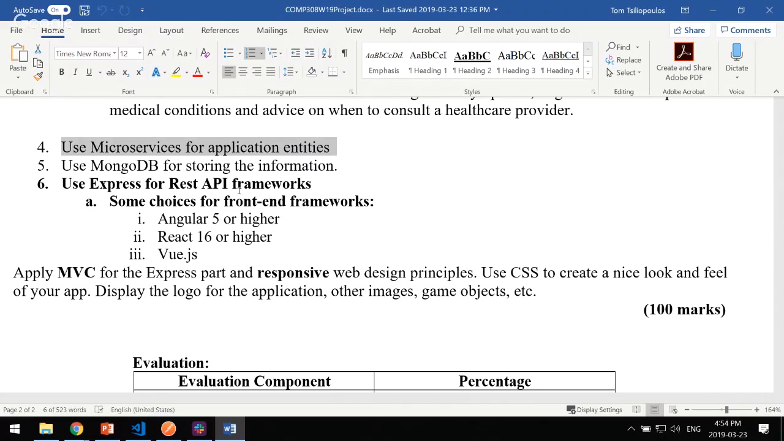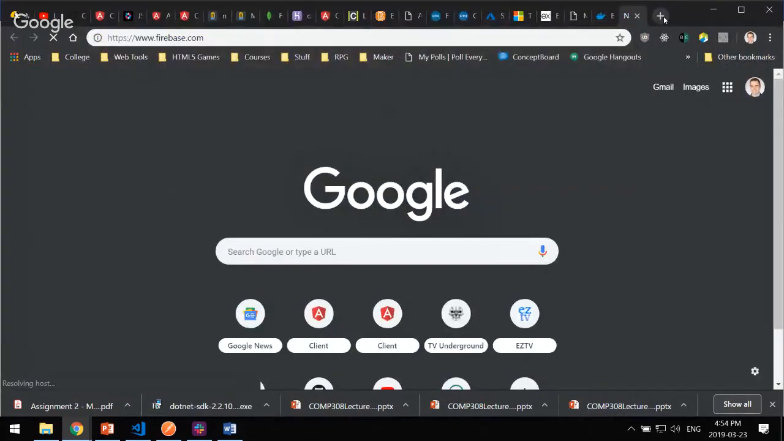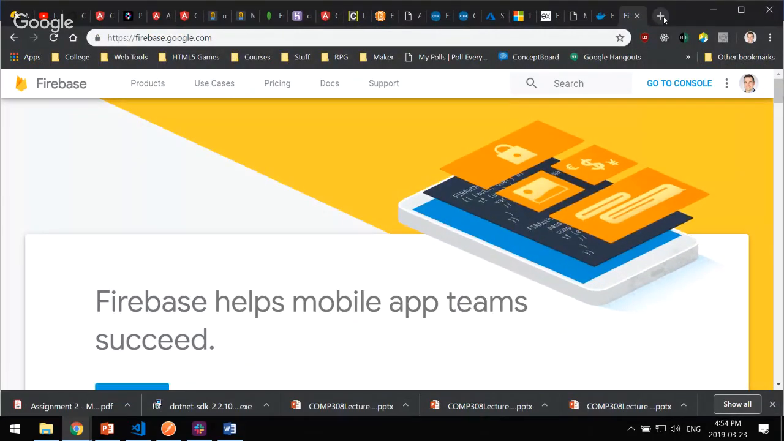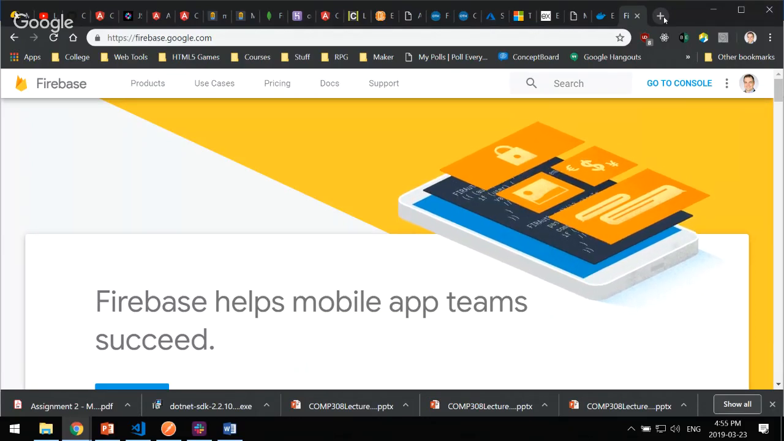MongoDB is definitely something you can use, but I would also support Firebase, which I think is a great option. And I'm going to take a look. Let's take us to Firebase for a second. Yeah, Firebase is a great option because even though it's owned and kind of created by Google,